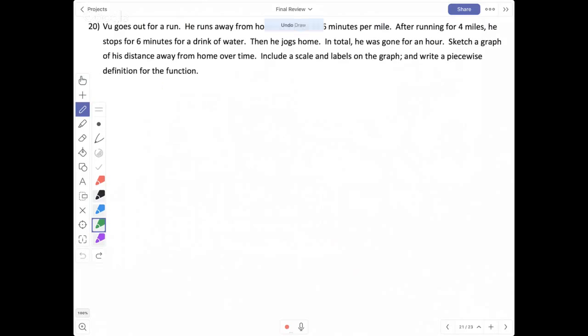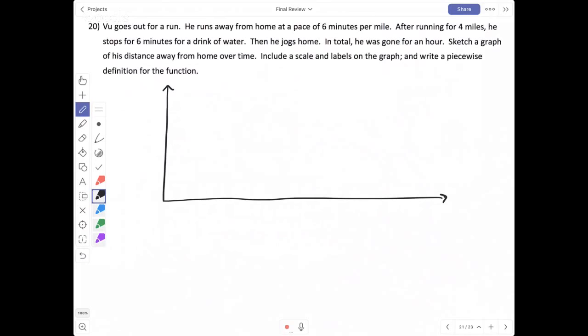Okay, let's do this in black. Again, I know that the numbering on my version here is not the same as the numbering on your version. Hopefully no one's confused. This is just the second to last question. Here it says 20. I think that it is not number 20 on your version.